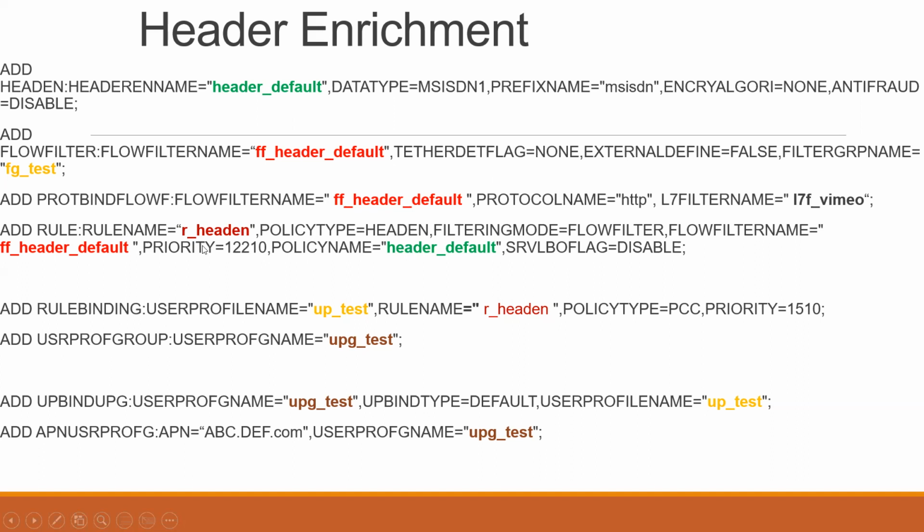And obviously we add a priority to it, so that if there are multiple rules, the rule with the highest priority is going to take effect. Next, we are going to bind the existing user profile with this specific rule name. So this rule name which we created, we are going to bind it to this user profile, and the user profile is going to be created, and this user profile group,